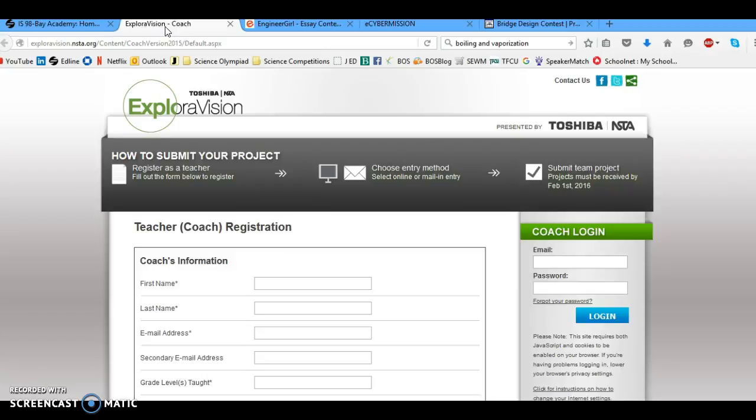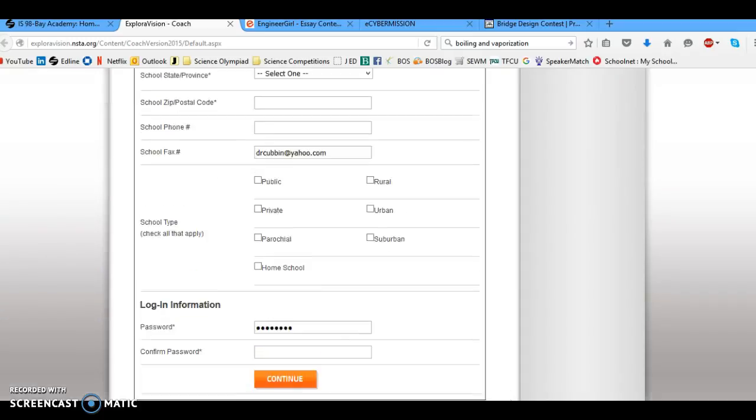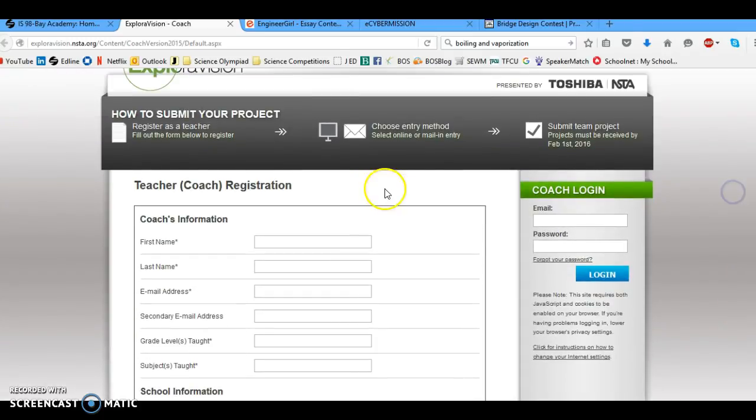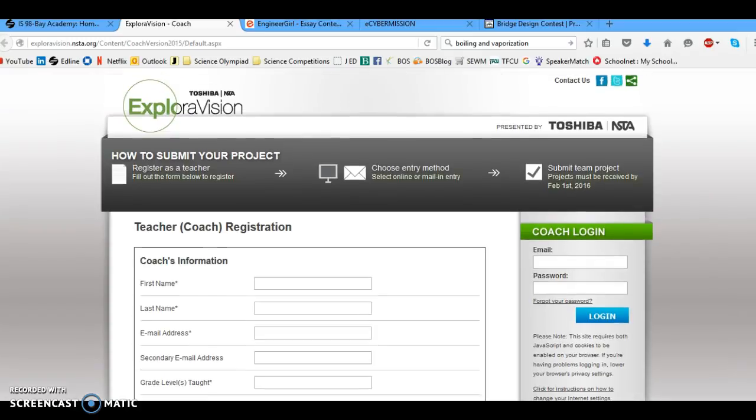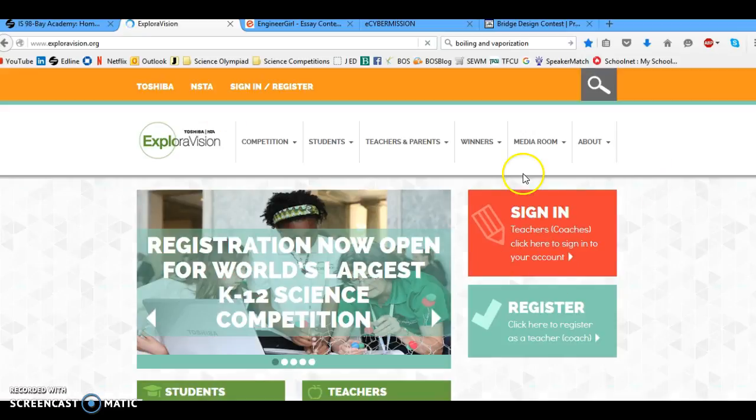If you are signed up for ExplorerVision, now ExplorerVision is a little tricky, but if you look up here, there is a way to send your entry into ExplorerVision via paper. And I believe that this is, once you sign up, this is the way to go. A couple of the other students had showed this to me, and they showed me exactly how to get to that point. So what I'm suggesting is that if you have put together your